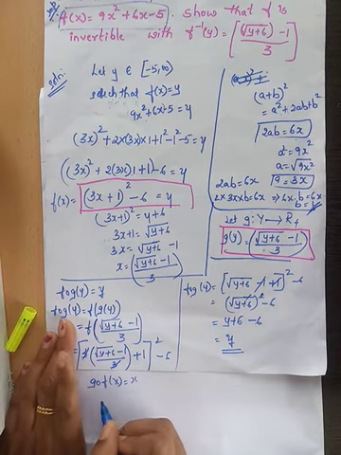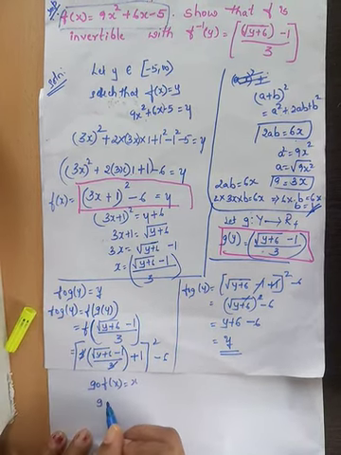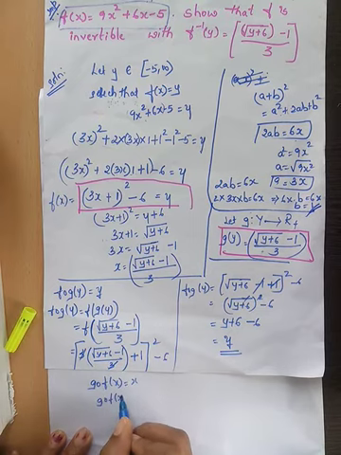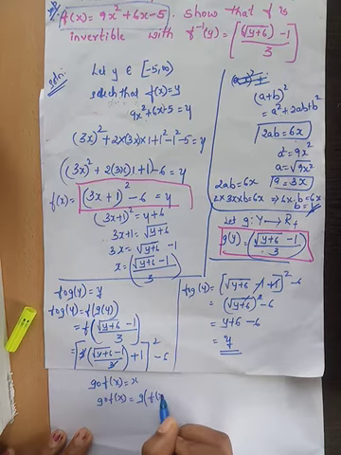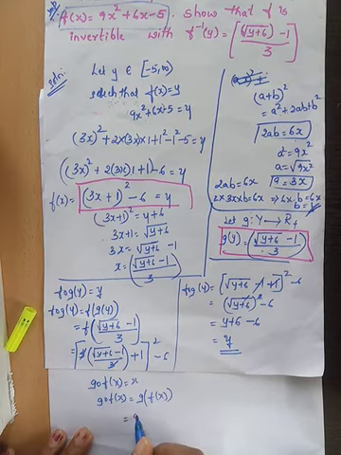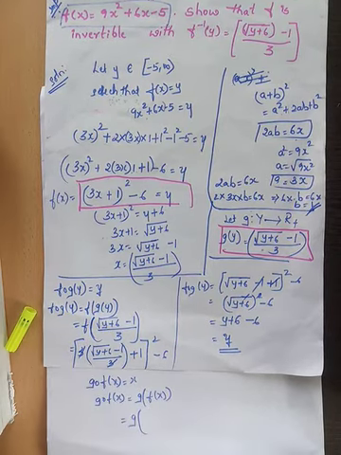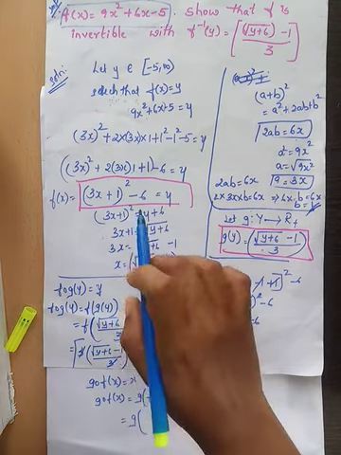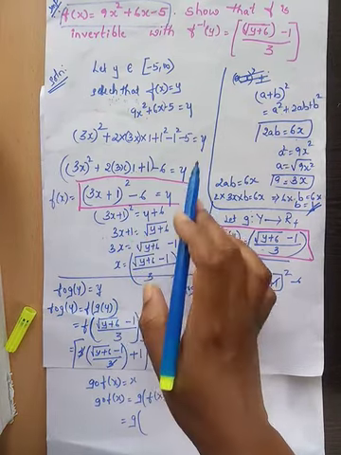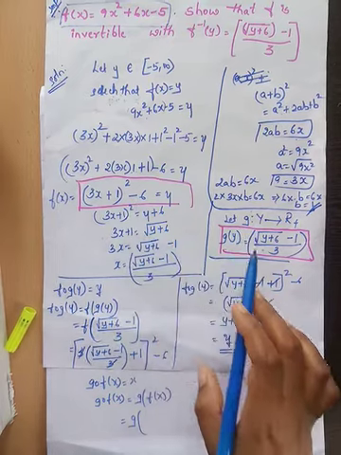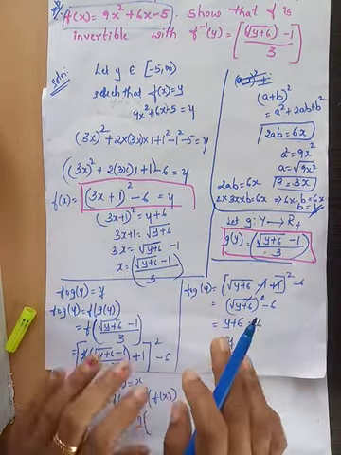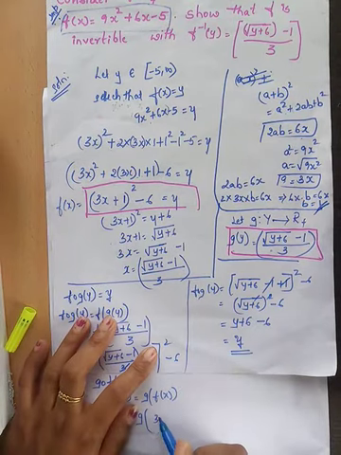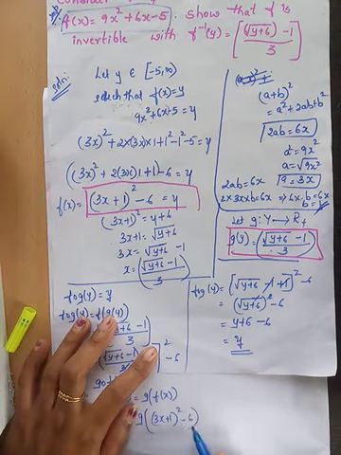So for that we will take the left hand side, that is g composition f of x. How will we define it? g of f of x. So that is g of, what is f of x? As I told you earlier, this will be the simplified version because you can cancel everything easily. So f of x I will write in this form: 3x plus 1 whole square minus 6.